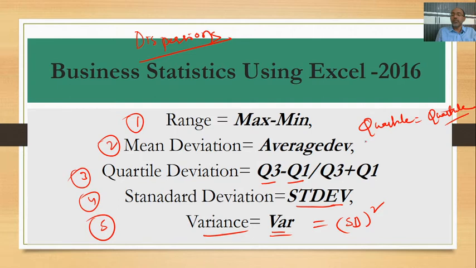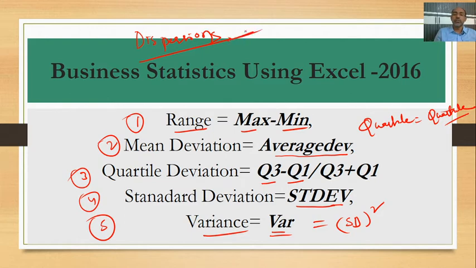We have the formula called quartile. Okay, so then what about the mean deviation? Mean deviation has something a little different from its name, average deviation. Range does not have a direct formula; we can calculate it with max as one formula and min as another. Max minus min, you will get the range.